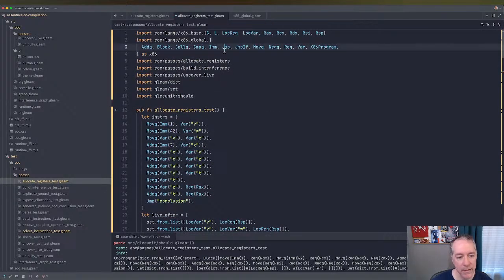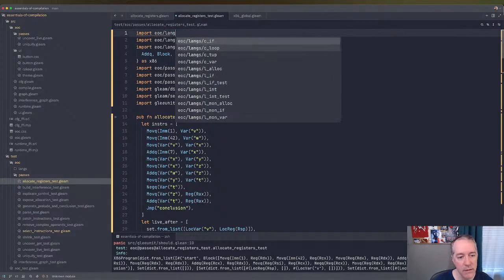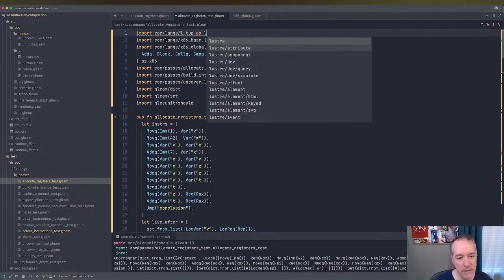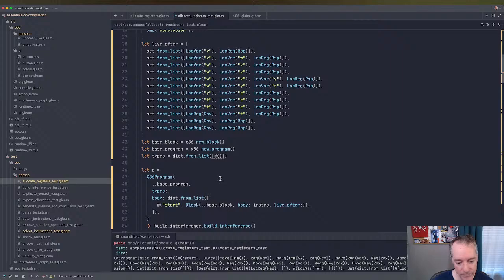So let's import UC Lang's L2 as L. So V is going to be